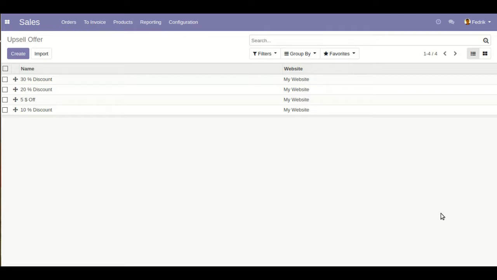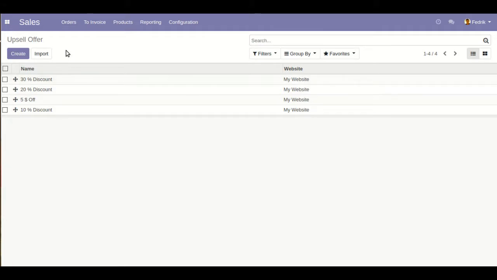So basically this product works like this: when a customer purchases something on an e-commerce website, then with that particular purchase this module will define and display different kinds of discounted products. Attractive products, so it will attract customers, and customers can accept or decline those offers. When multiple upsell offers are defined, when one offer is declined, the second offer will automatically be displayed to them.